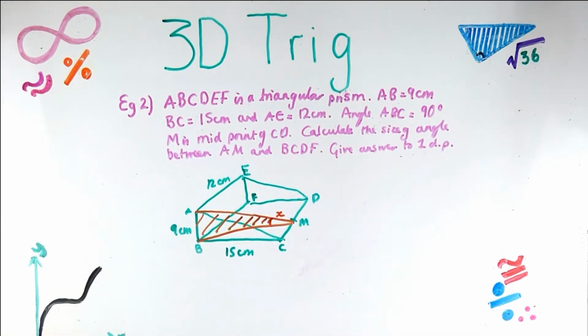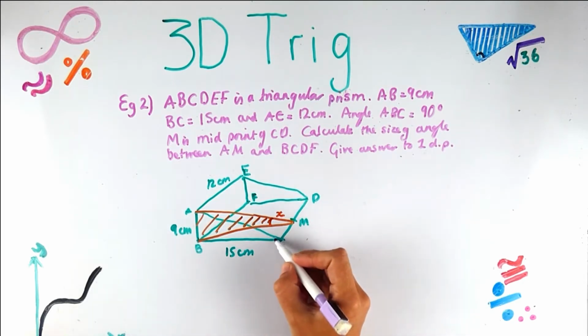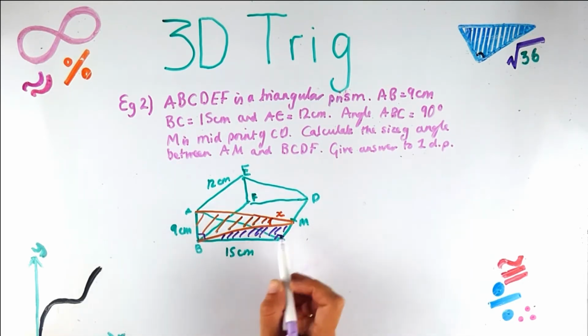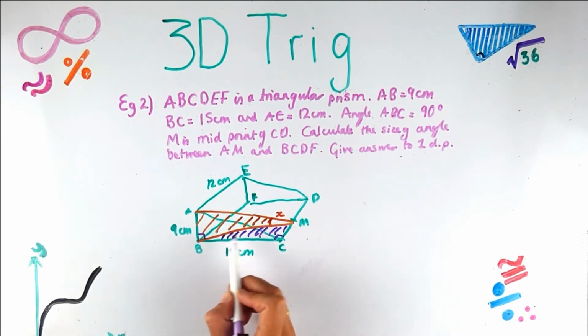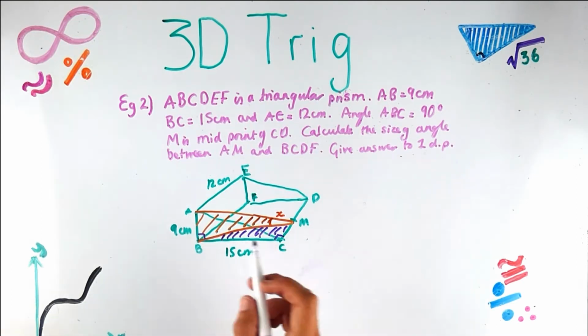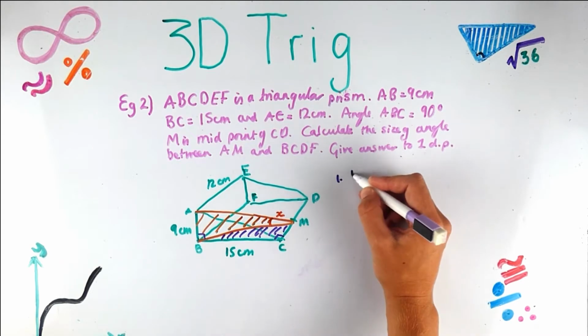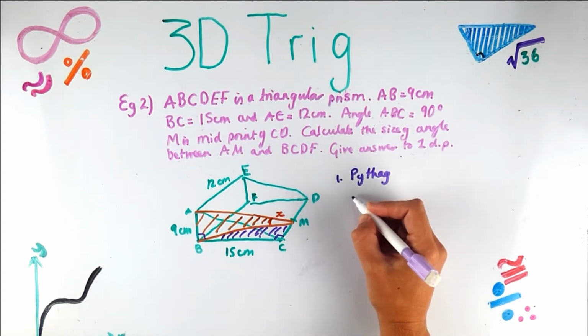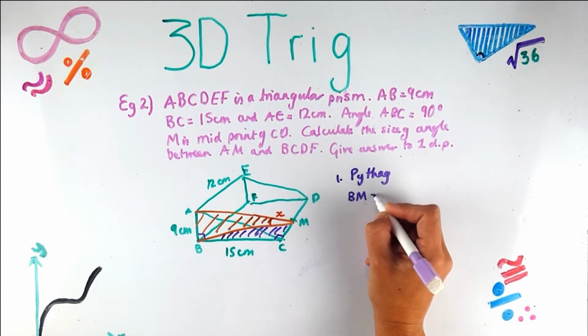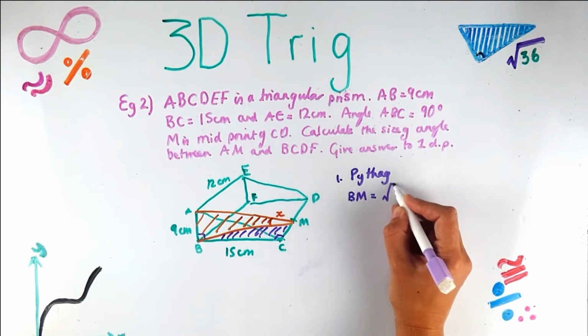Okay, perfect. So we don't quite have enough information to use trigonometry straight away on this problem. Got to use Pythagoras again, and the triangle we can see here, in order to work out another length on the orange triangle. So 1, and we're looking for BM, which equals the square root